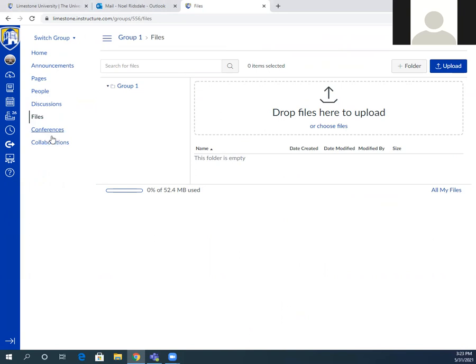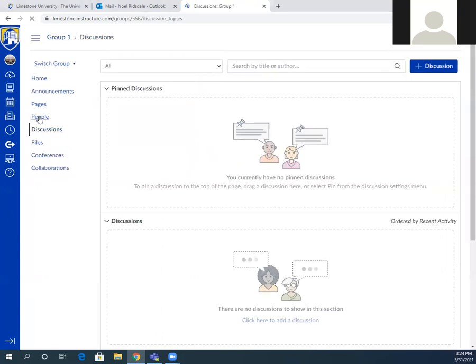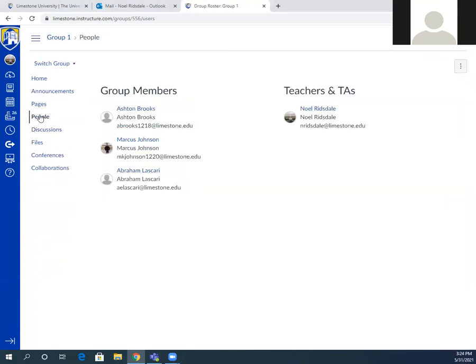You probably won't be using the other options; most of the time you're going to be using files or discussions. I had a couple of groups in the ethics class who did this with a team case and found it to be very useful. I think a couple of you were in that class as well. You can also directly email people from within here.